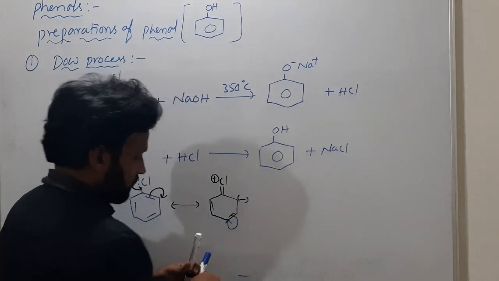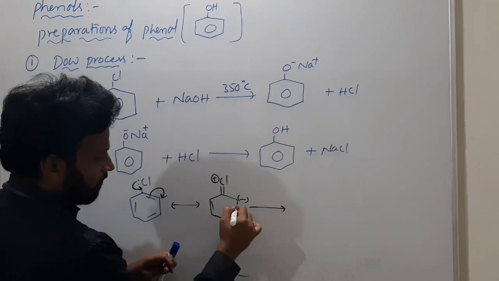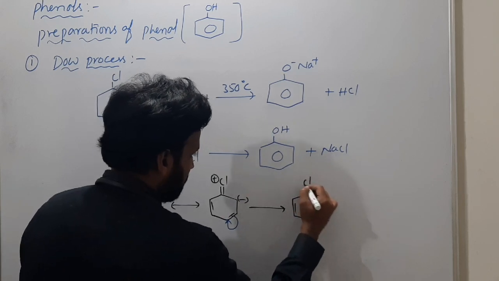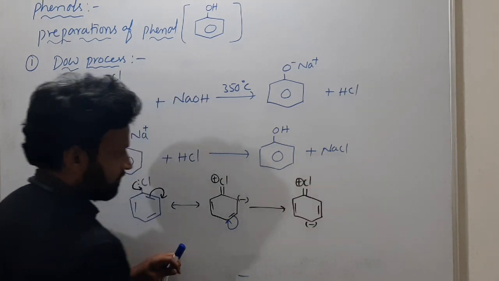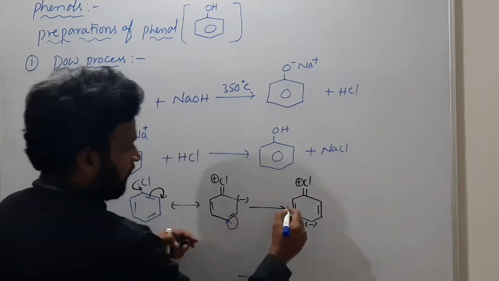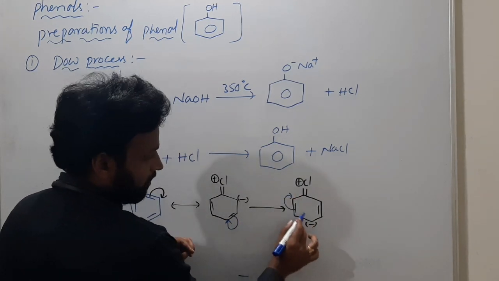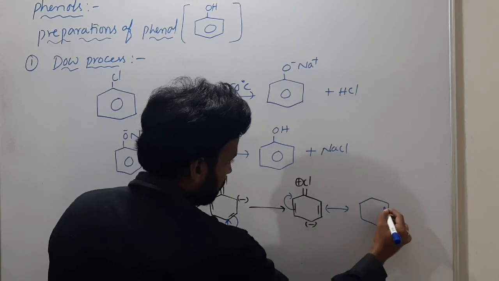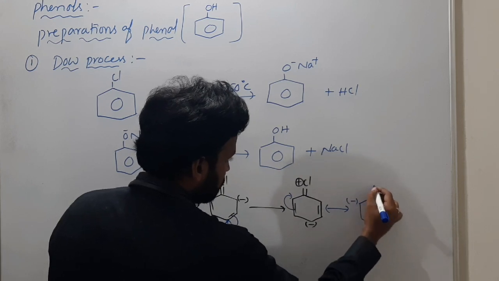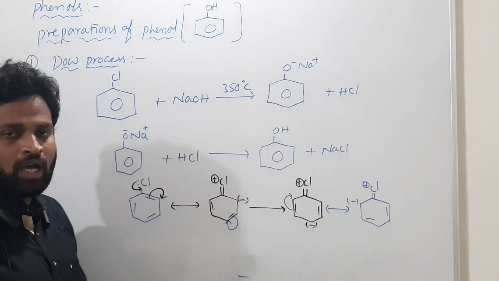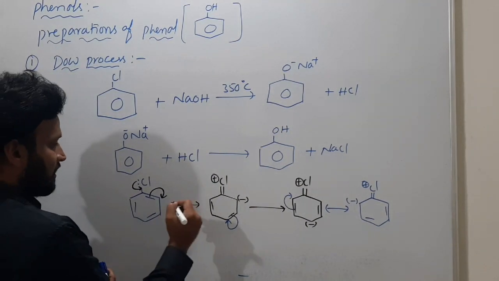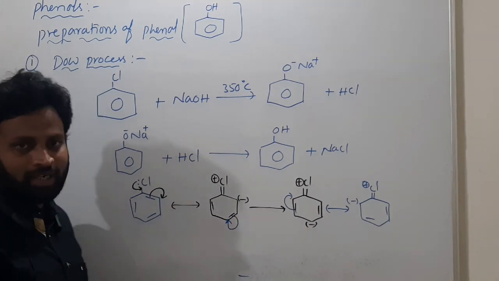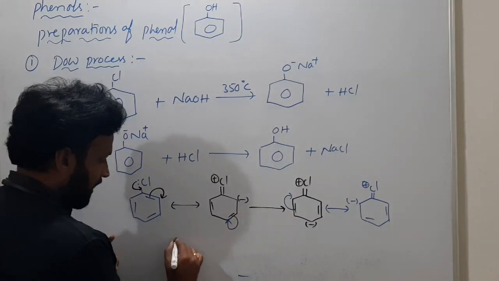what happens, you know already. So a double bond will form here. I gave this already, just a recap, and here you have Cl plus, and here you have a negative charge. Like that, one more. If these pi electrons are moving upwards, then here a pi bond and here a negative charge. So from that you can understand, you have negative charge at the ortho and para positions, and Cl plus. Why I gave these resonating structures means, in these resonating structures you can understand the ortho and para positions have negative charge, so that at ortho and